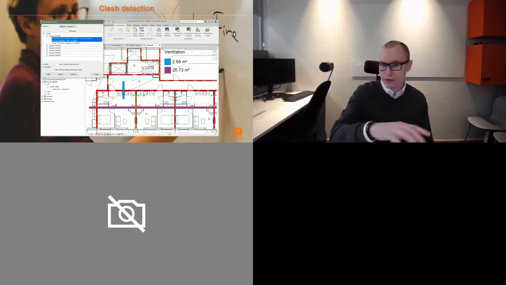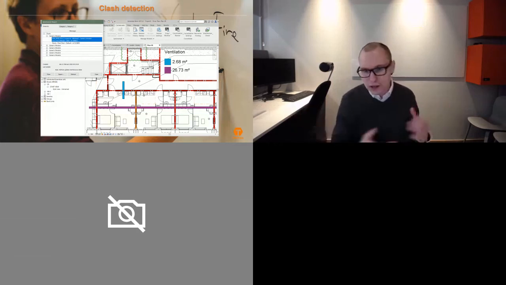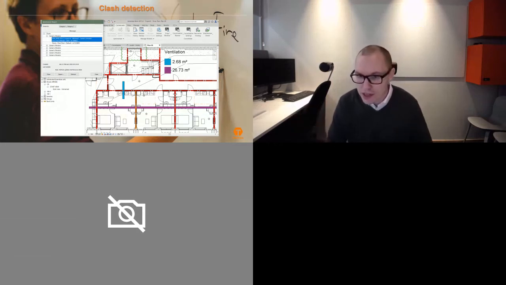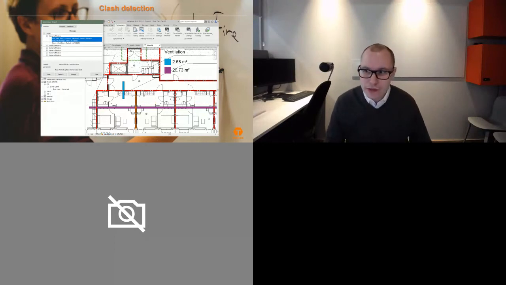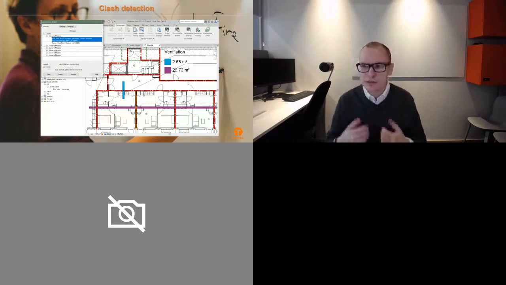Because around this is a duct going through several compartmentations, as in a residential building, not really a real project, but they can, with a click of a button, do a clash detection between their mechanical model and the fire safety model to find where we need to put a fire seal or a damper, for that matter. We can quite easily figure out,